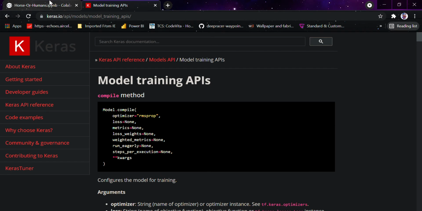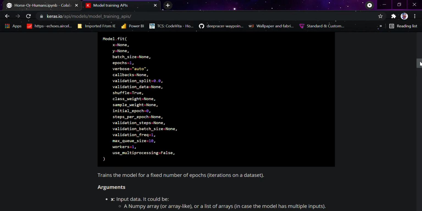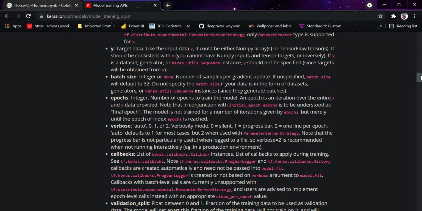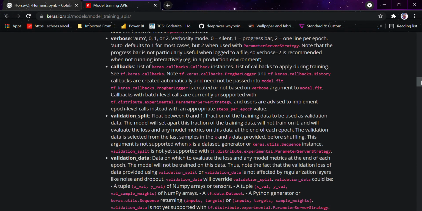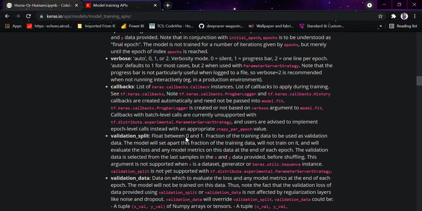Yeah, you can see it's model.compile. We go down there, we will even find model.fit. So here you can see the data we are inputting. The first thing is epochs, verbose, and then validation data. This is the validation data on which we have to evaluate the loss and any model metrics at the end of each epoch. So this is the data on which we are going to call a function on that.